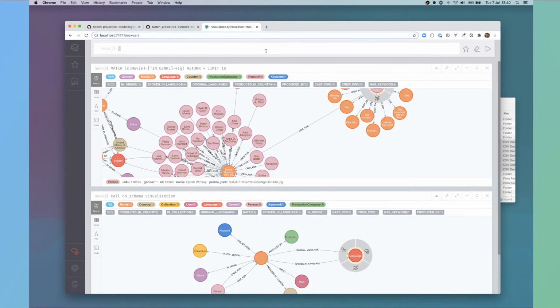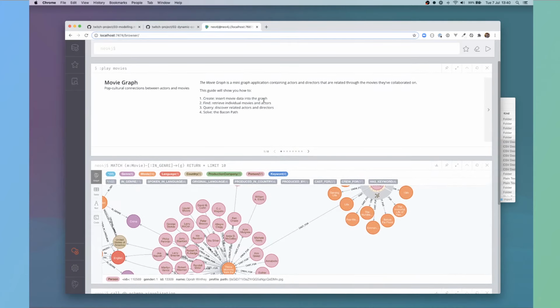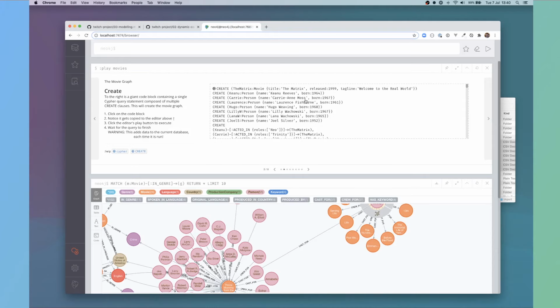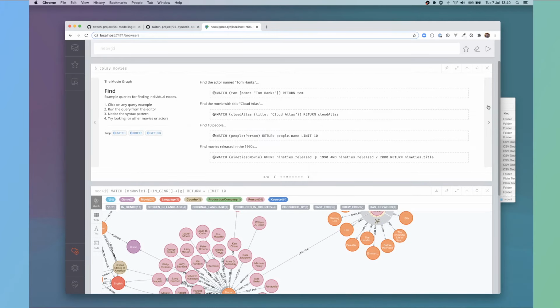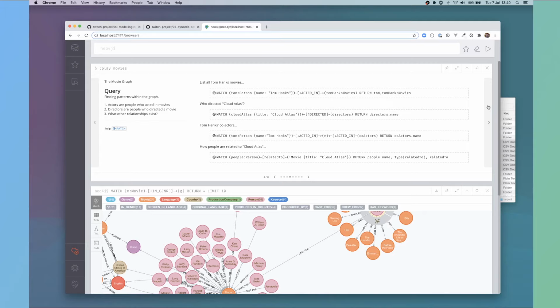Cool. So one of the examples that we have in the movies data set is to find people who have been in a movie with Tom Hanks. So we can do that again with this data set.